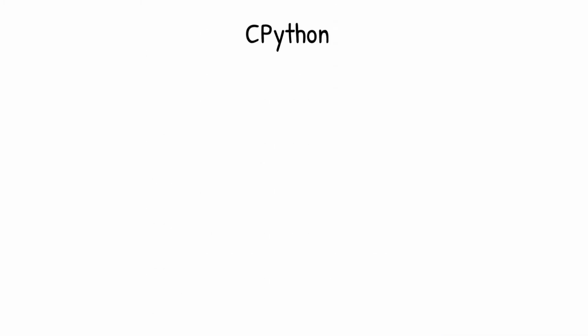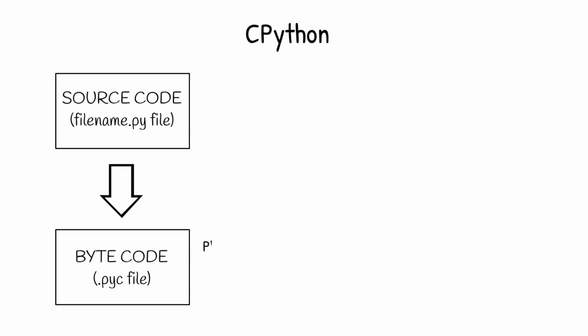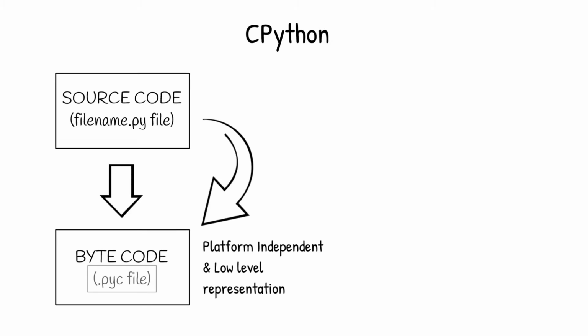Let us take an example of CPython. The CPython compiler converts the source code, which is written in a .py file, into a format called bytecodes. These bytecodes are just a platform-independent and low-level representation of your source code. These compiled files are stored in .pyc files, and are also known as cached files. This process is completely hidden from the developer, due to which a misconception is created, that Python is only an interpreted language. Since the source code is compiled to a bytecode, Python is compiled language as well.